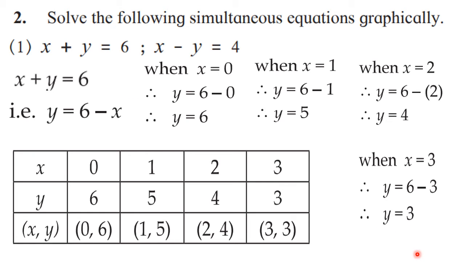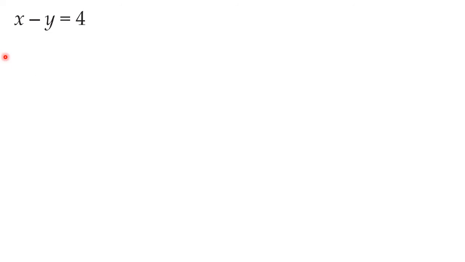Afterwards, you go for the second equation. But now it is not possible because it's online, so we cannot do it simultaneously. Correct? Now I am going towards the second equation, x minus y is equal to 4. Similarly, you convert it here, y is equal to x minus 4. See, minus y is taken to the right hand side, so it became plus y, and 4 is taken to the left hand side, so it became minus 4. But while writing, it is written properly as y is equal to x minus 4.